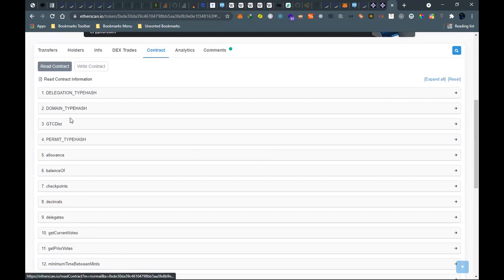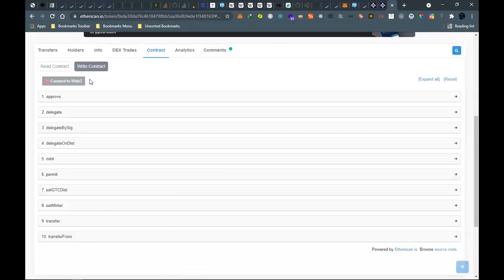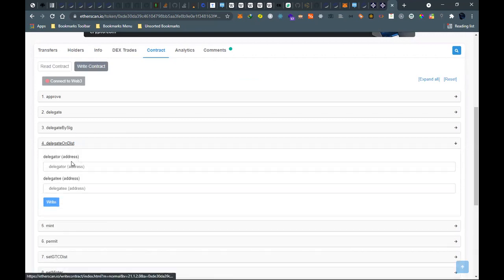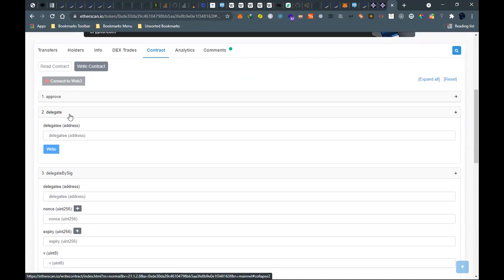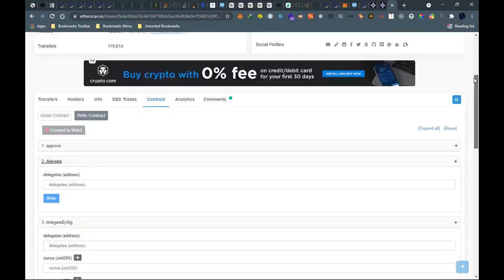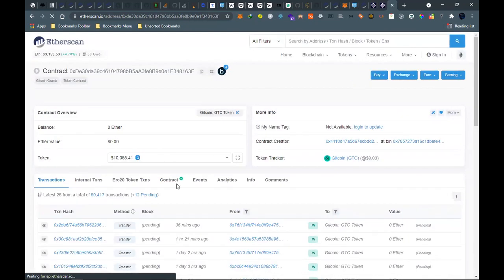So these are delegation and checkpoint, and then we have the write. So a smart contract is read and write. Yeah. So they have delegation list, delegated on this, and then delegated by sign, and then we have delegated. So delegate.